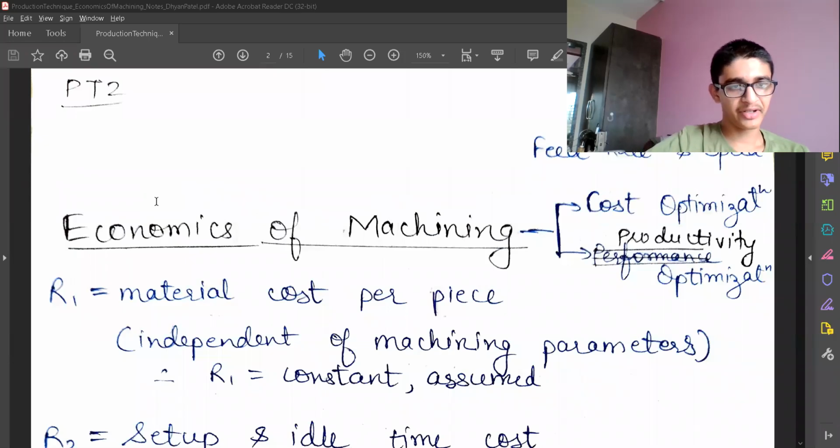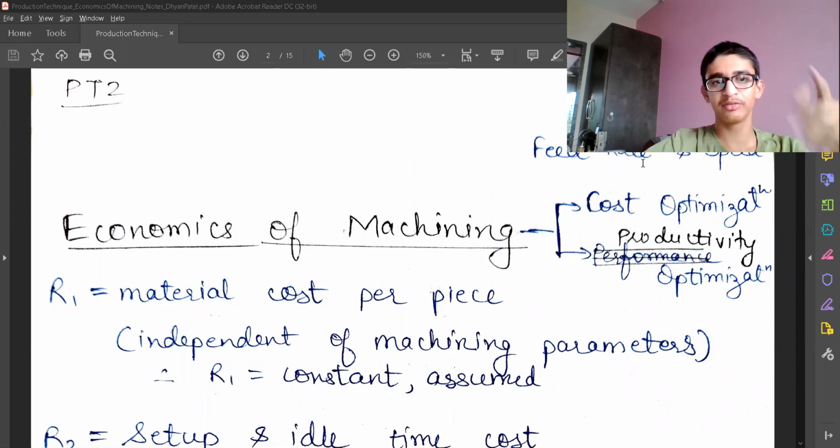So in the earlier video, I introduced two different types of cost and the two methods for optimization. One was to maximize the tool life, and that was cost optimization, that is, reduce the tool cost. And second is the productivity optimization, in which I want to increase my production rate. And after this optimization, the machining parameters such as speed or feed rate, these two are the machining parameters, the cutting speed and the feed rate.